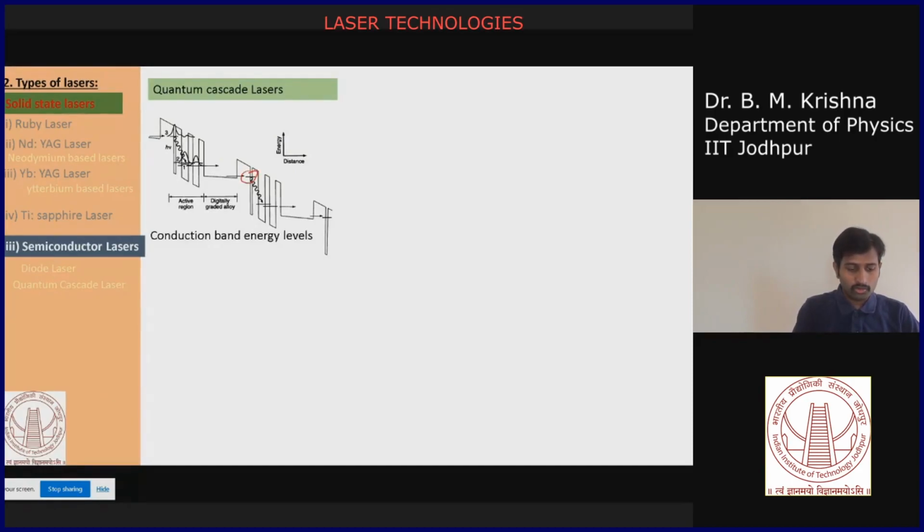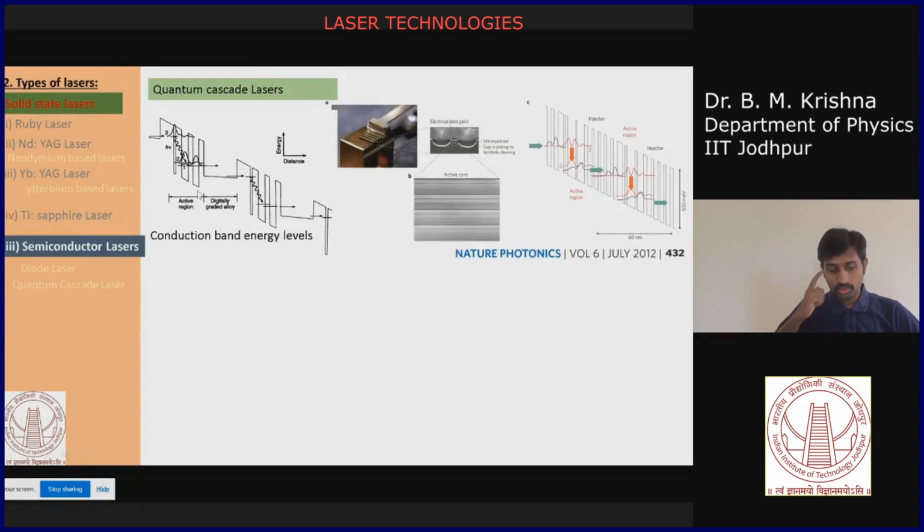So now the photon emitted from this active region moves through your material and stimulates the electron, so that you will get a stimulated emission. So now many electrons will participate in the stimulated process. So you will get a large number of stimulated photons. Once you cross your threshold, then you have a lasing action. To make this kind of repetition, you should have at least 100 to 120 periods.